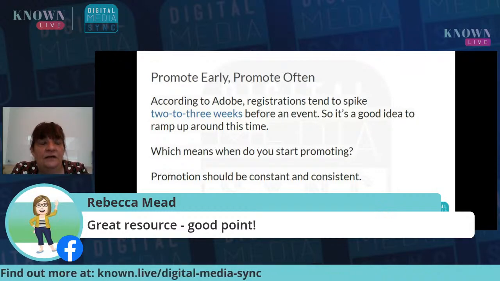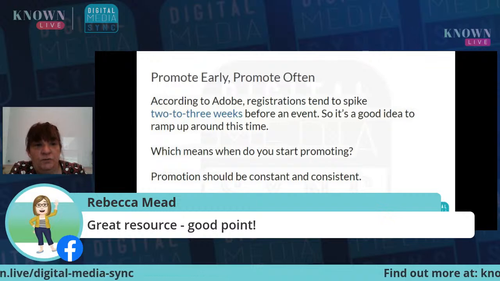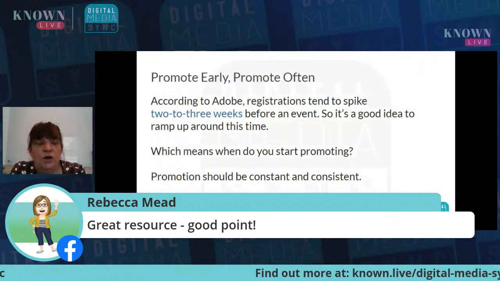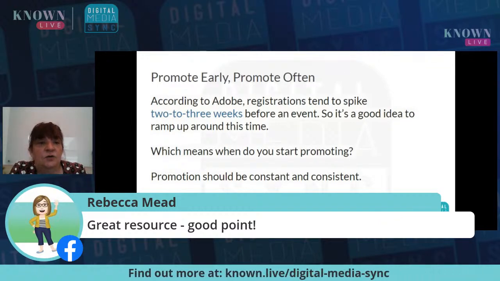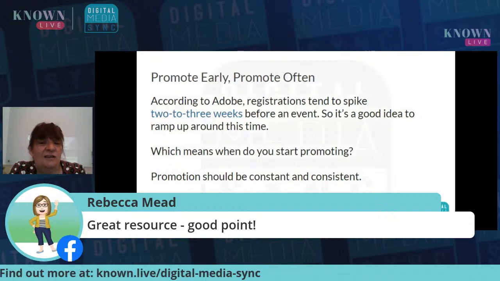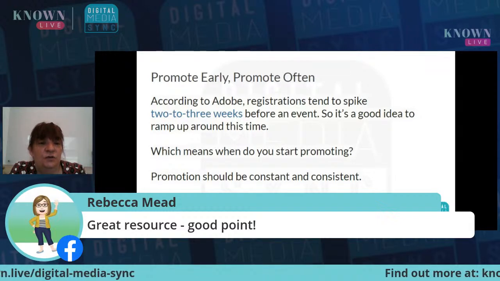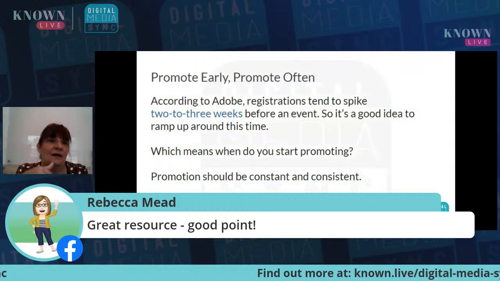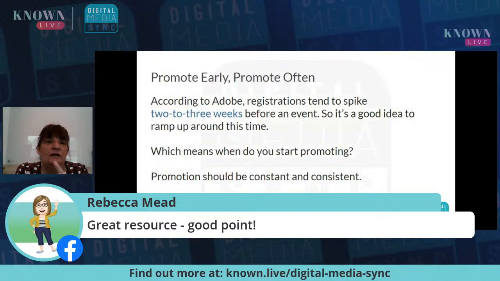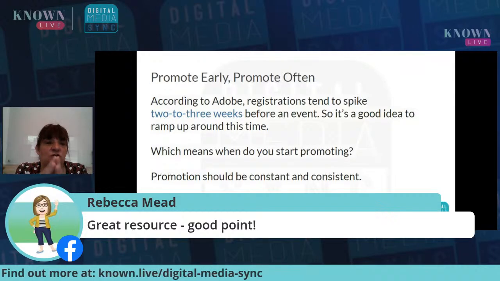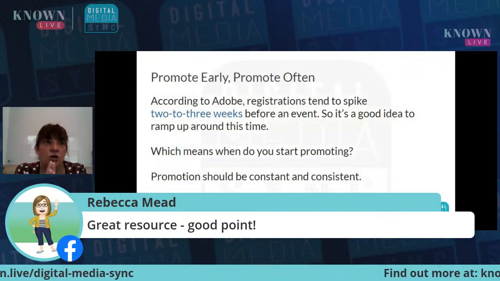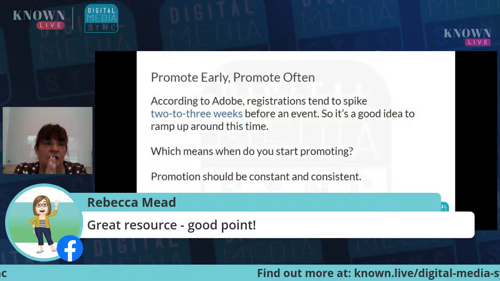The big thing is to promote. So promote early, promote often, because according to Adobe, registrations actually tend to spike 2 to 3 weeks before a large event.